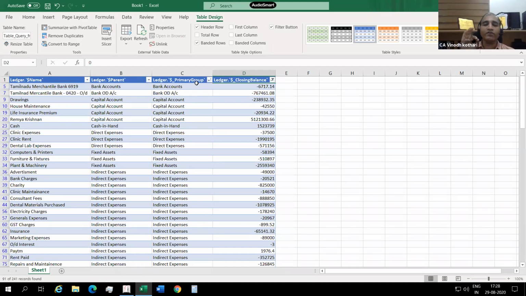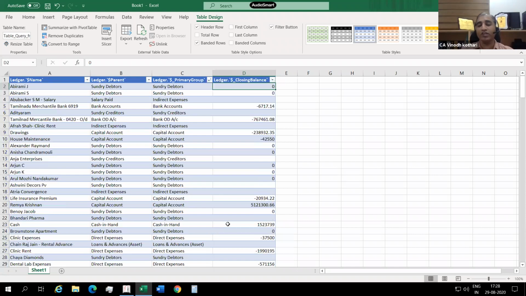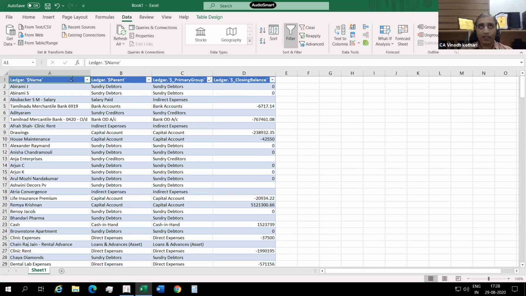Power Query is a wonderful tool of Excel which will help you simplify a lot of jobs like this. Next time when you update the data, these jobs will be done automatically just by refreshing the data. I'll show you how to create one simple basic Power Query. Power Query can be generated from a table. Now, this is a table. For any trial balance, you can generate it to a table: go to Data and then select From Table. So this is Power Query from table.